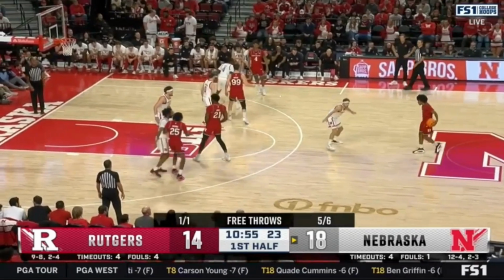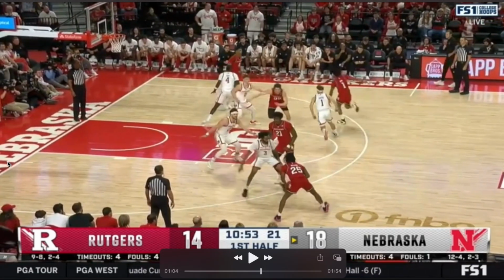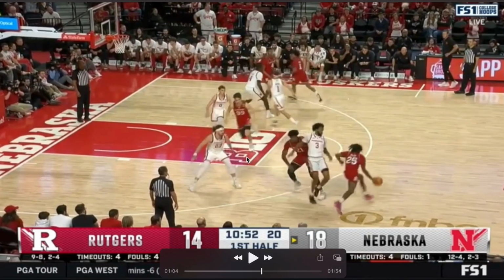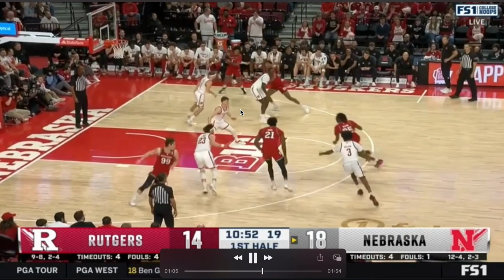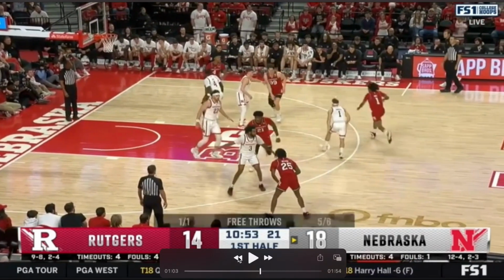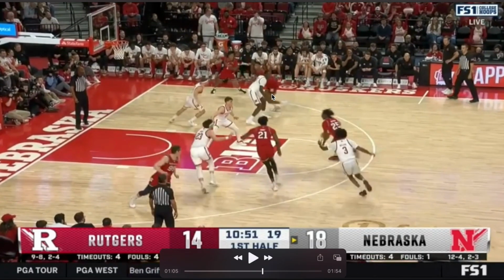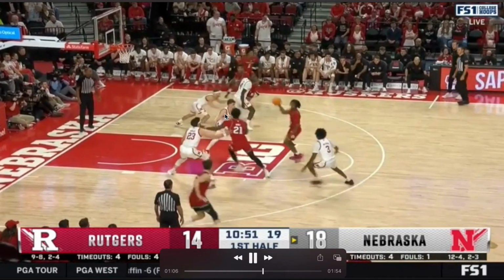Now Rutgers is in a 1-4 alignment right here. We see a wing ball screen, empty side. Now this offense player is going to cut underneath. You can see the setup right here. He's going to shallow cut underneath. The guard's able to turn the corner. A great hook pass to the shallow cut right here. So watch just this player right here cut underneath. His defender stays in the paint right there to take the ball handler who turns a corner,